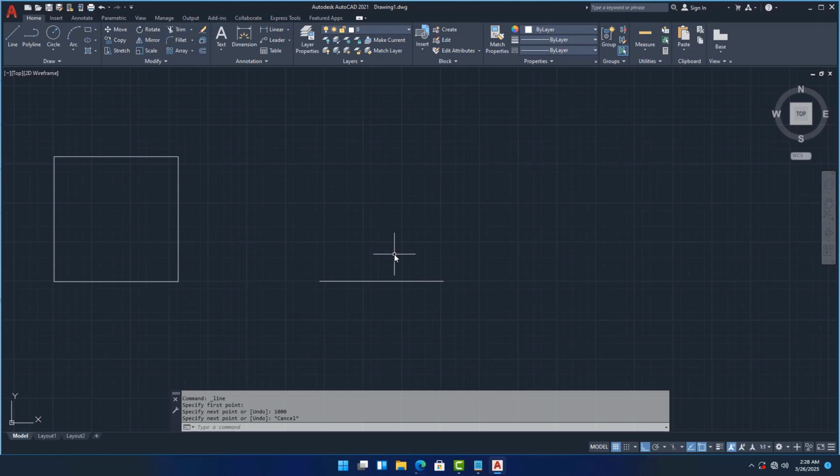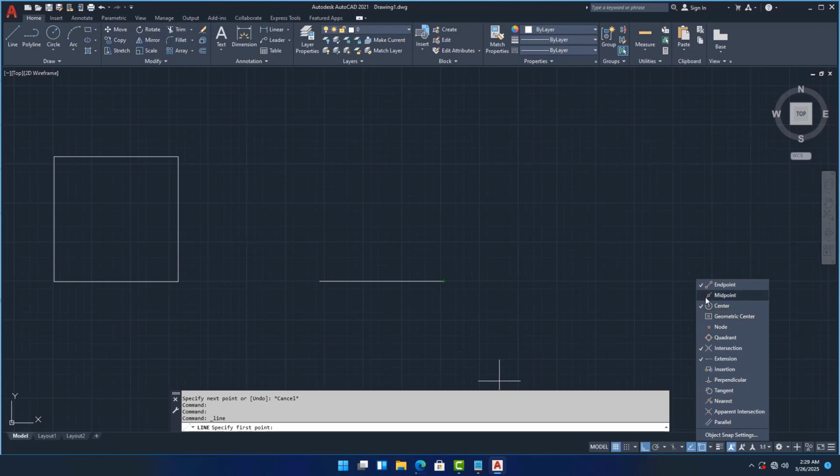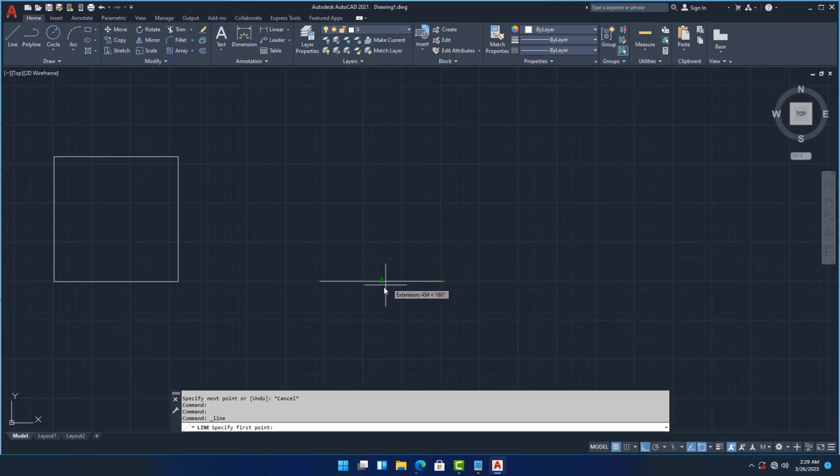So the next thing I'm going to do now is click on my line. Now this is telling me this is the end point over here. So I want to get the center point of this. I told you last time that you want your line to get a center point of your line. So you have to come to this object snap over here, select it, and come to your midpoint and turn it on. Once you turn it on, you get the center point over here. Let me just leave it at 700. Let me type 700